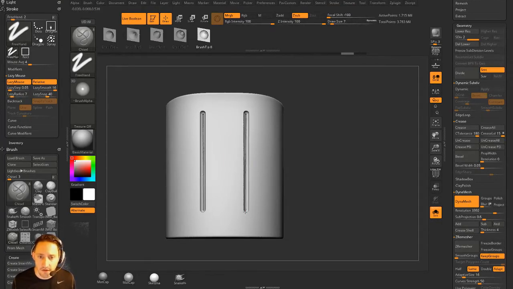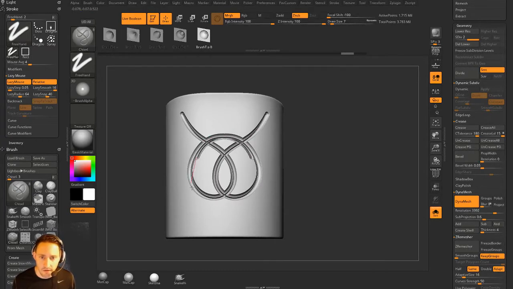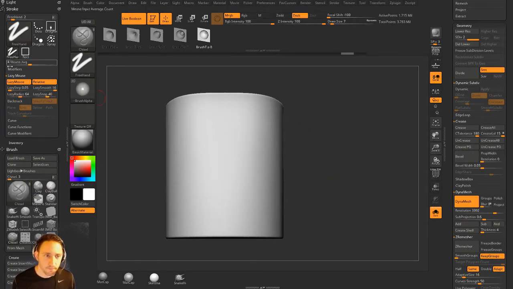And then I let go. You're going to see it snaps all the way down to the bottom. So just turn your lazy radius down. Basically what your lazy radius does is put a little rubber band behind your object, so you get a smoother curve. The longer that is, the longer the rubber band, or the higher the number is, the longer that rubber band's going to be. But if we go over here to our lazy radius and bring that down,